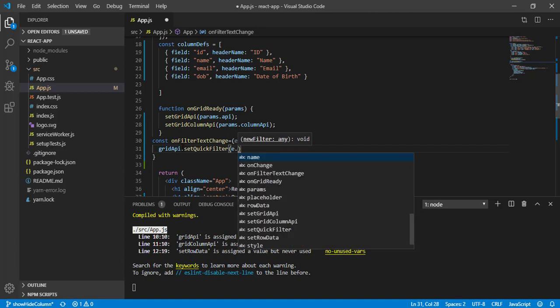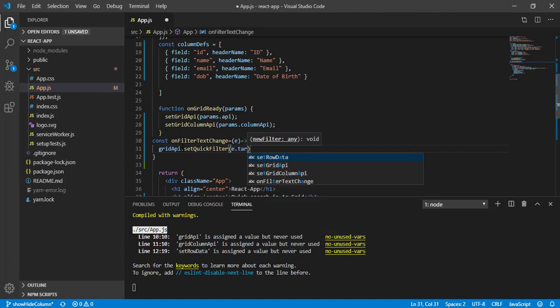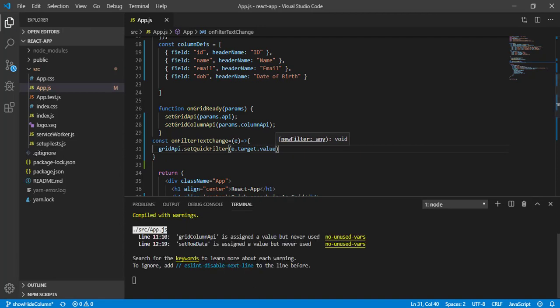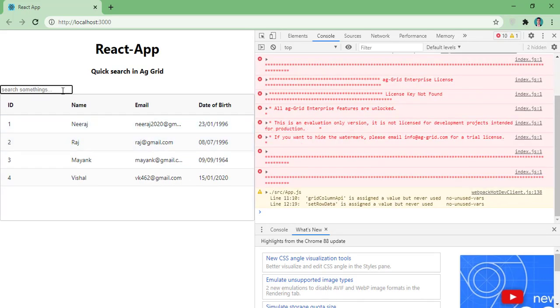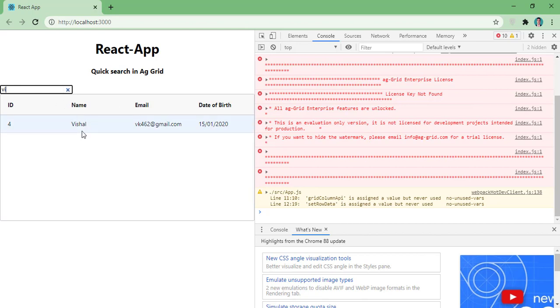So I can type here e.target.value. Now save it, and let's come back here. Now let's type something here. So you can see the rows got filtered. If I remove it here, you can see the filter has gone. Now let me type here 196. So you can see I am getting this.